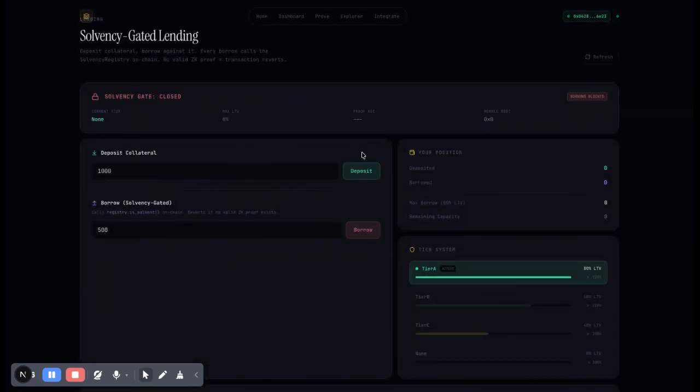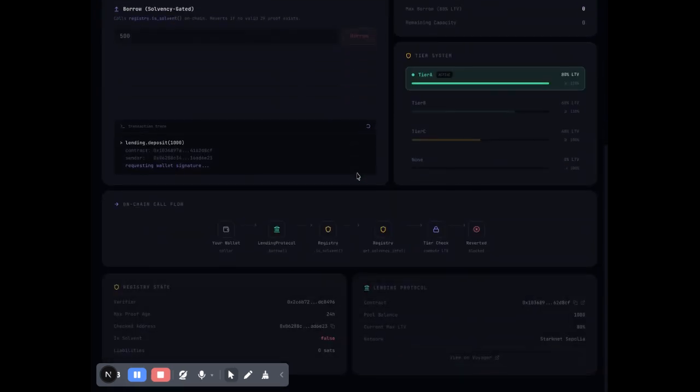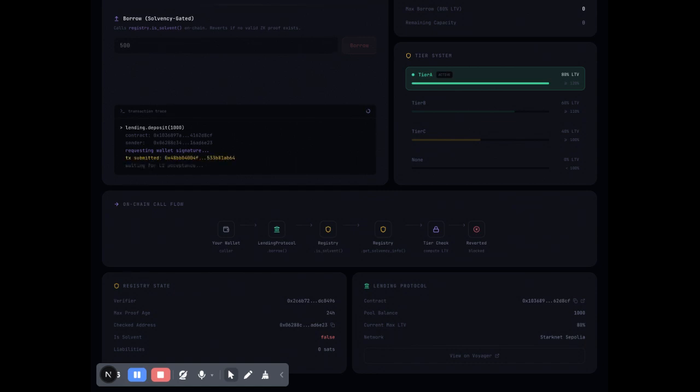However, let's refresh and deposit again to see if the gates are actually preventing it or not. So we sign this transaction, and again, deposit should always go through because it is not gated. What we're going to do is now borrow 500, and the execution reverted because we do not have